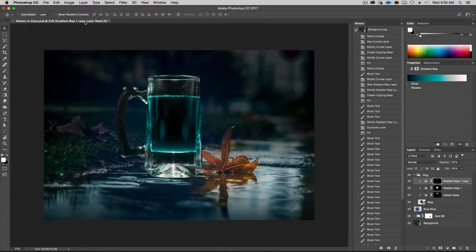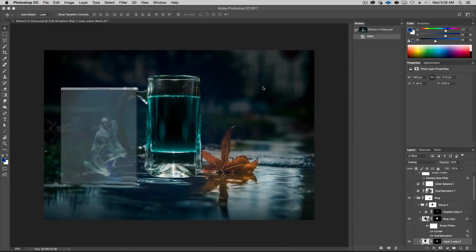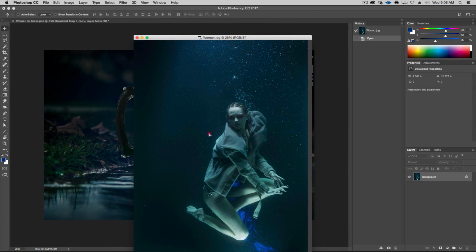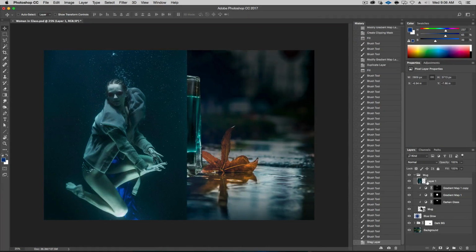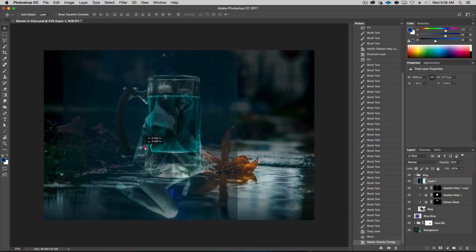All right, so next let's go and get the file of the woman underwater. Here we go, double click on woman, and here we are. Okay, let's just go ahead and drag this into our project. It's going to be in Mug, so that's fine. Okay, so the first one, let's just lower the opacity to about 50 so we can see both of what's